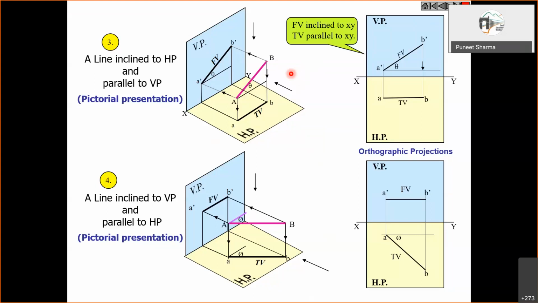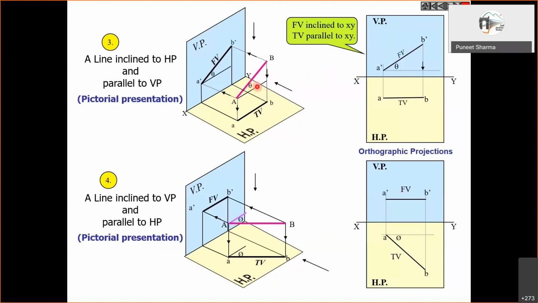So what change I am doing is I am keeping this A fixed. This capital A I am keeping fixed, and then I am trying to move capital B by keeping theta also constant. Right? So position of capital A we are not changing, and this theta also we are maintaining same. That means this capital AB, that is the line, is making inclination theta with the horizontal plane, and that inclination we are not changing. Position of A also we are not changing, but we are trying to move this B. See, in that case, what will happen?